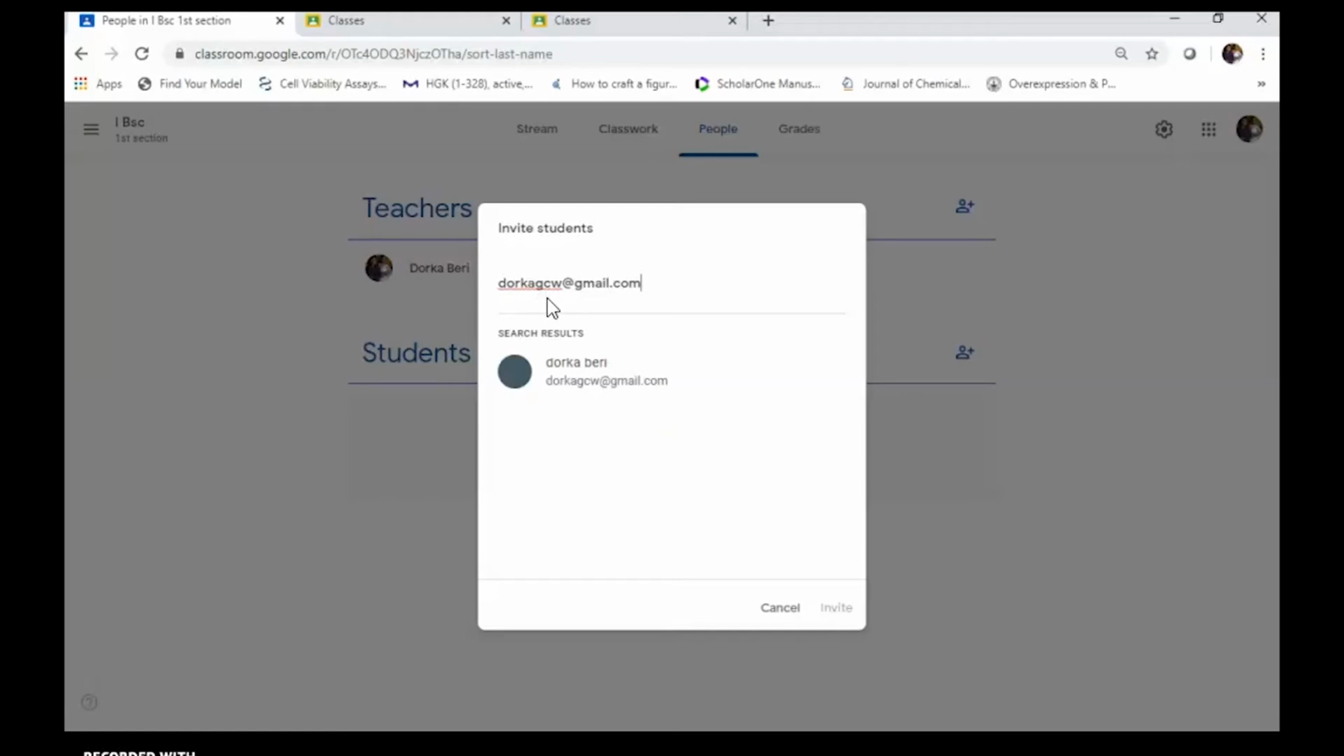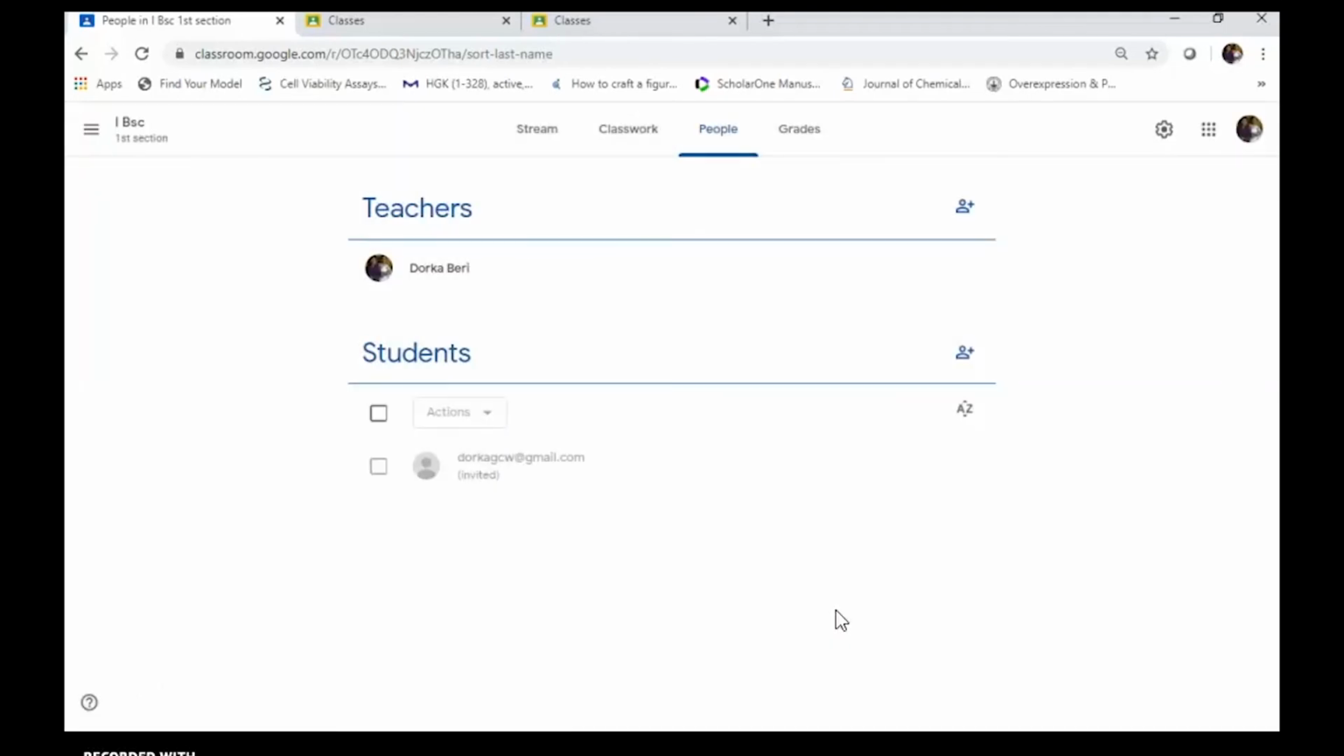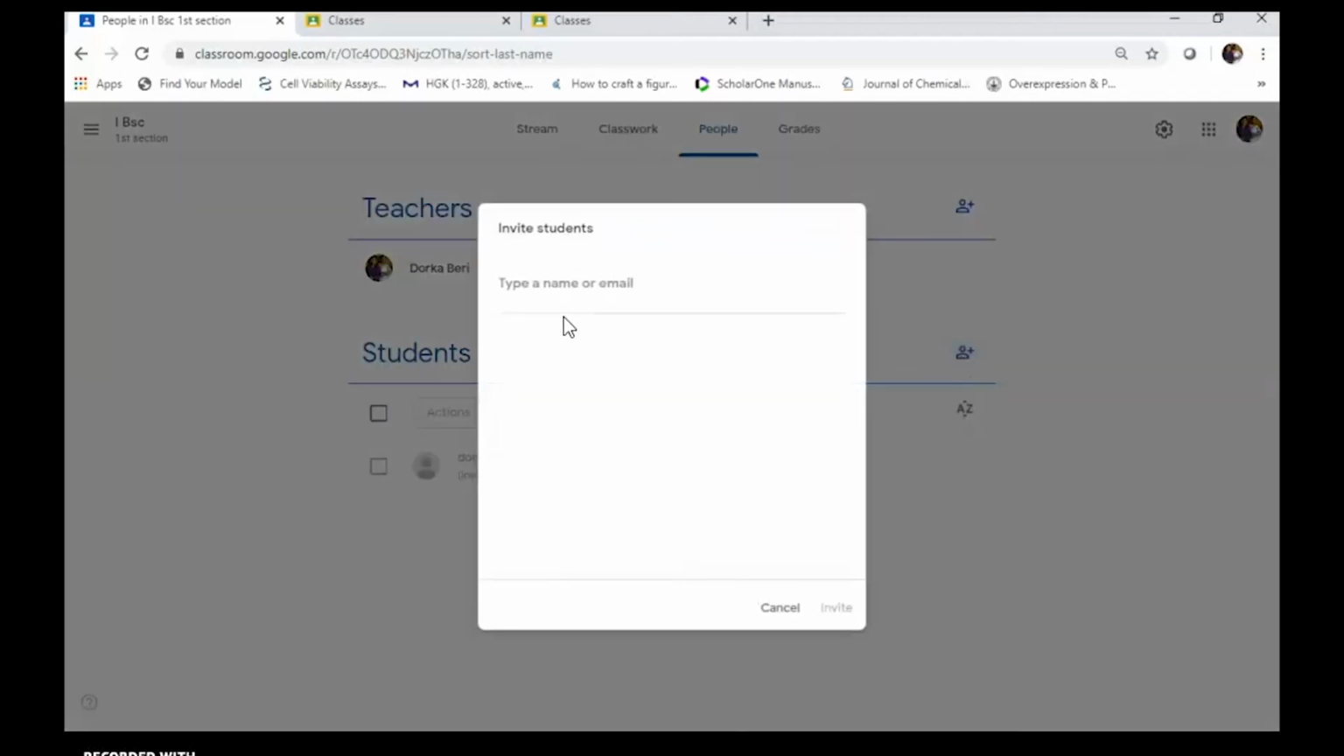Once you type, then press enter. Then here click invite. Select invite. Then it is sending a mail inviting the students. If you are going to add more number of students, then just write the names one after another